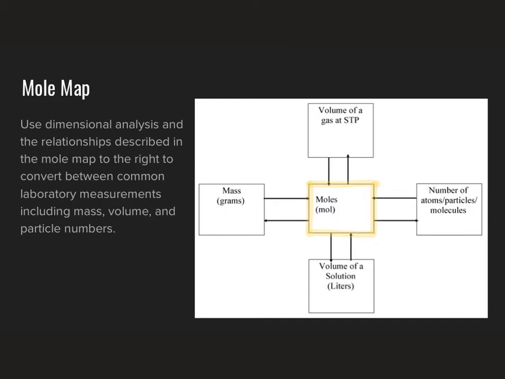Recall from last year that we defined a mole as being the number of particles in exactly 12 grams of carbon-12. That is Avogadro's number of 6.022 times 10 to the 23rd particles. An enormous number of particles. And recall again, the reason why we chose that number in particular is because with that value, the mass of either 1 mole of protons or 1 mole of neutrons essentially comes out to be about 1 gram or so,